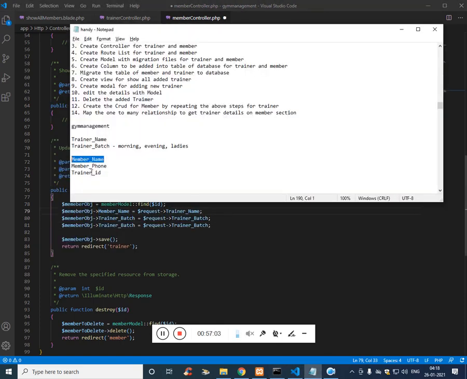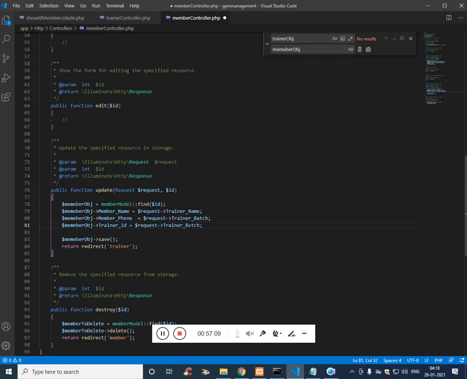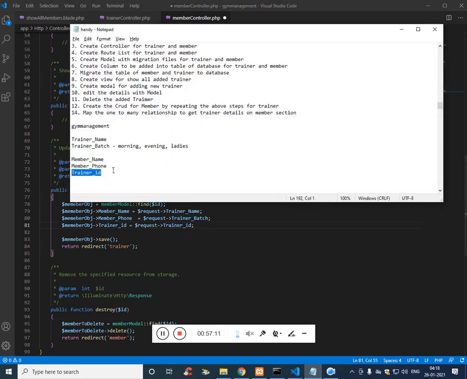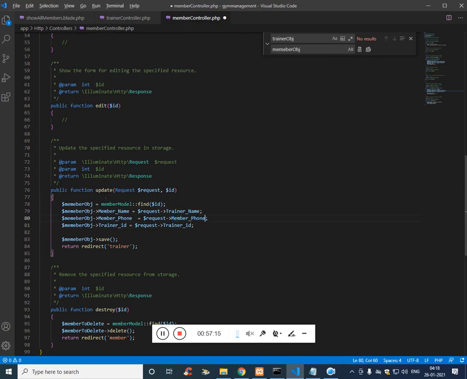These are column names, and these are input field values. And redirect to member.